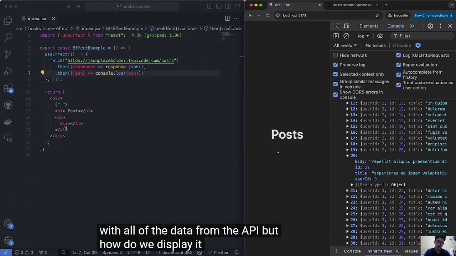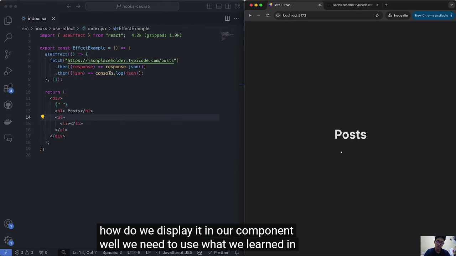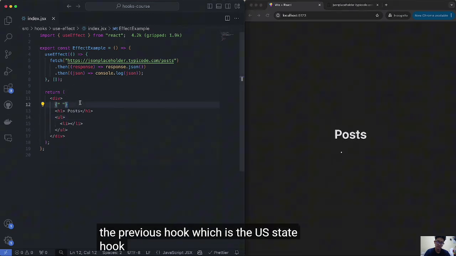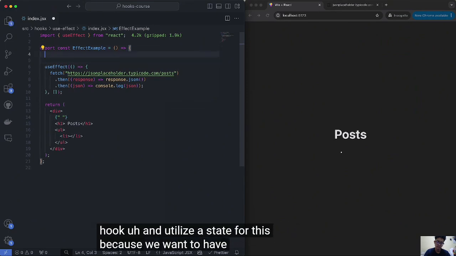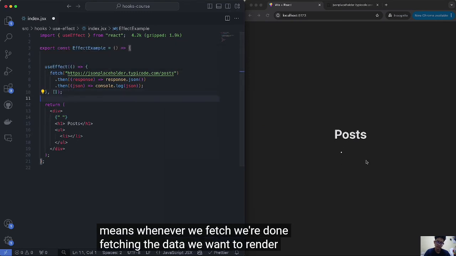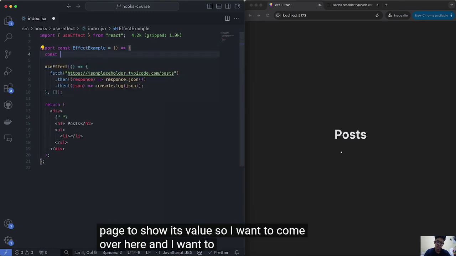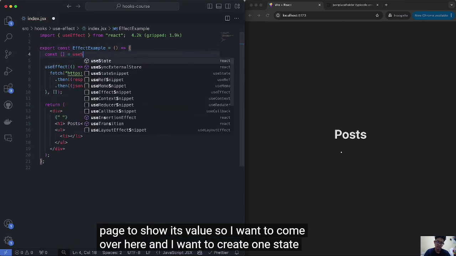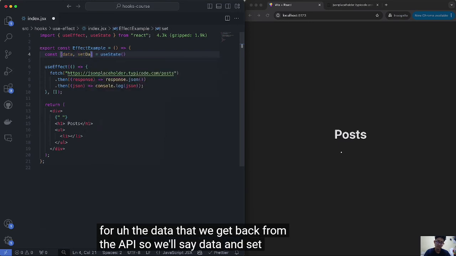But how do we display it in our component? Well, we need to use what we learned in the previous hook, which is the useState hook, and utilize a state for this, because we want to have a variable in which when its value is changed, which means whenever we're done fetching the data, we want to re-render the page to show its value. So I want to come over here and create one state for the data that we get back from the API. So we'll say data and setData,